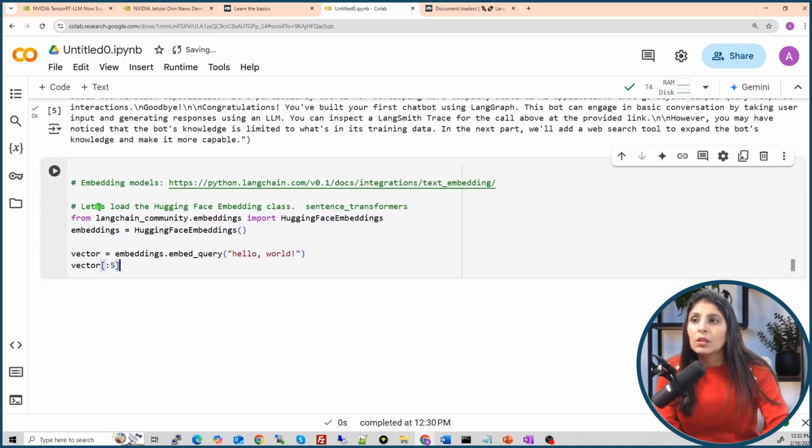See this. First, we are importing Hugging Face embeddings from this module. Here we are initializing it in the embeddings variable. This is how you use the embedding model from Hugging Face. In these two lines, we are just checking if this model is loaded properly and working. We will provide this text to it and see if our model converts it into numbers, into embeddings. For that, write embeddings dot embed query, and the text you want to convert into embeddings, and when you print it, you will see some sort of numbers.